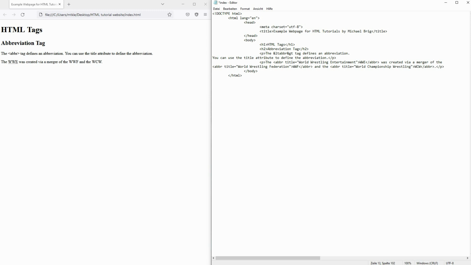I refresh it, you get this dotted underline that indicates to the user that he can hover over it, and the value of the title is displayed if you do so. And this is how you can use the